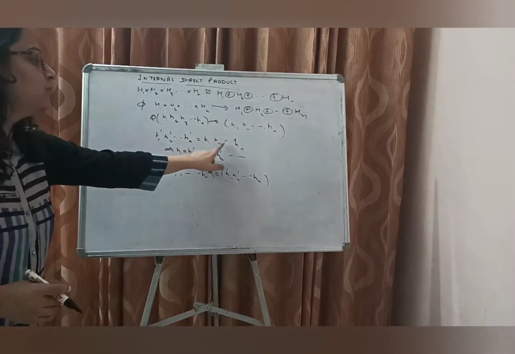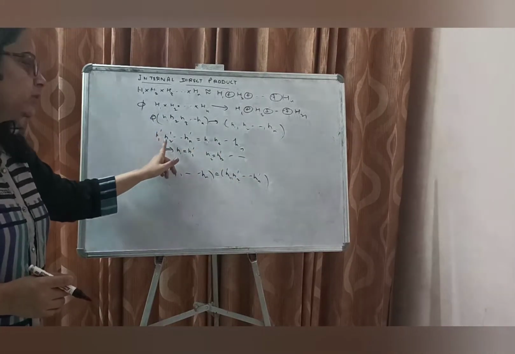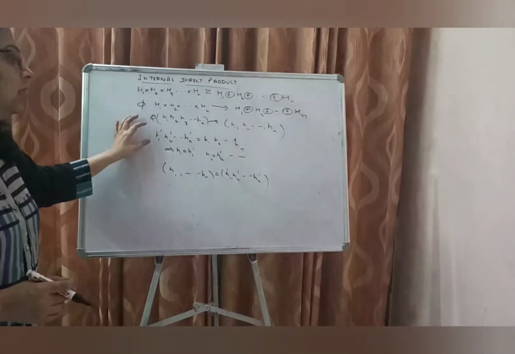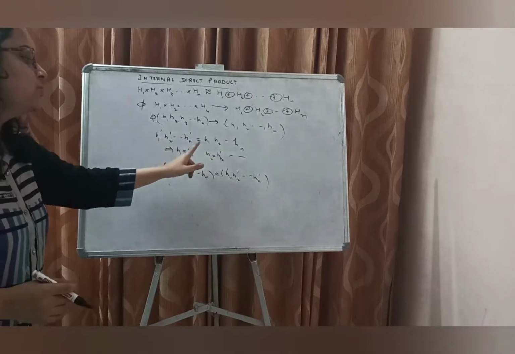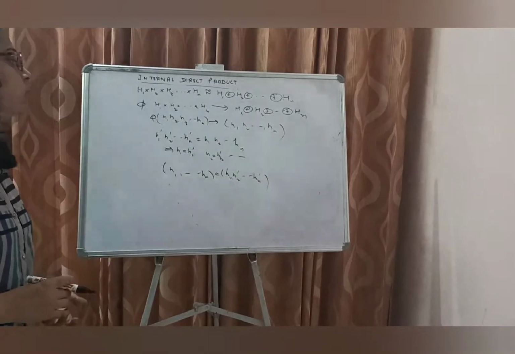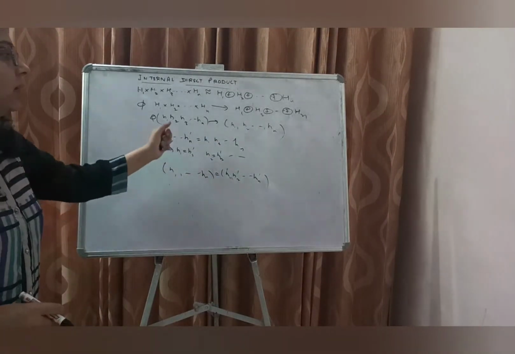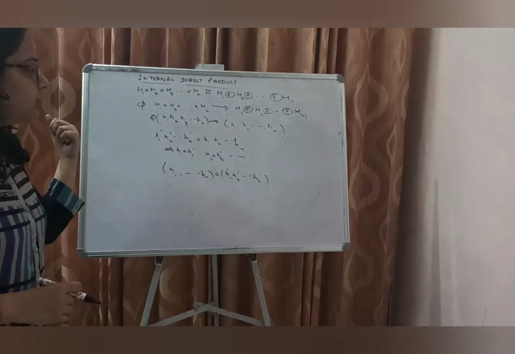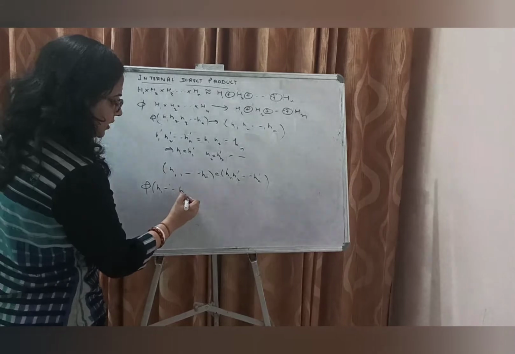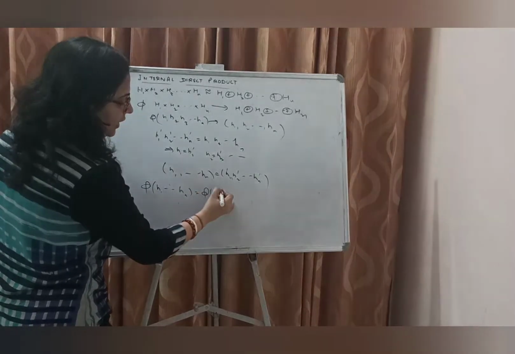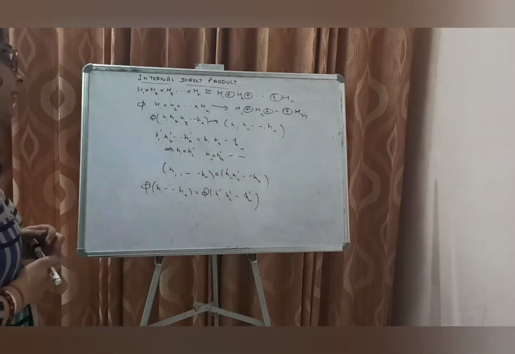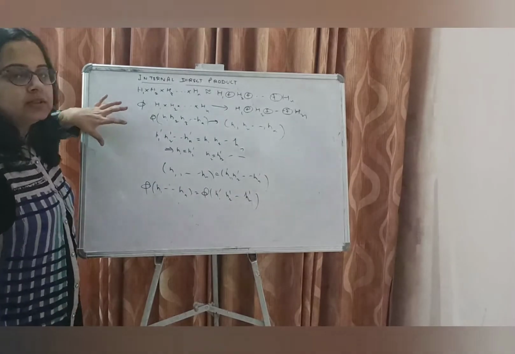Now if h1, h2, so on up till hn is equal to h1 dash into h2 dash into so on up till hn dash, in that case, since the representation is unique, this implies h1 is equal to h1 dash, h2 is equal to h2 dash, as we had proved just now. So in that case, these tuples will also be equal, and therefore their range values will be equal. So therefore phi of (h1, so on up till hn) is equal to phi of (h1 dash, h2 dash, so on up till hn dash). Okay, so we use the uniqueness property to prove that this mapping is well defined.